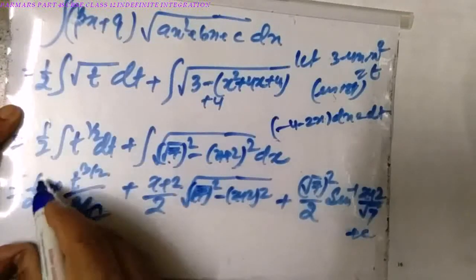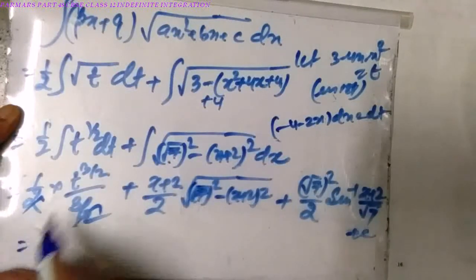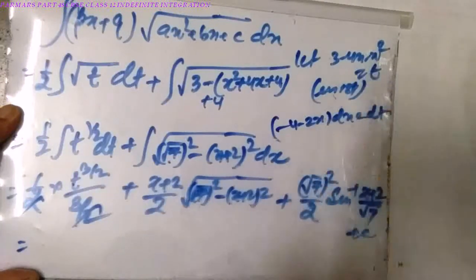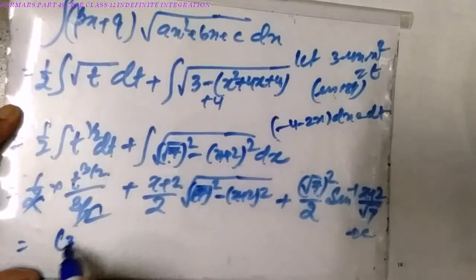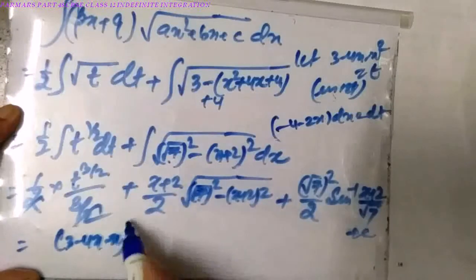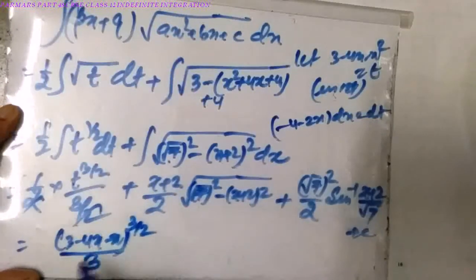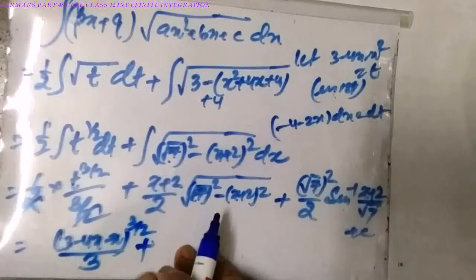So this cancels. We have t is what? This one. So 3 minus 4x minus x square to the power 3 by 2 by 3 plus